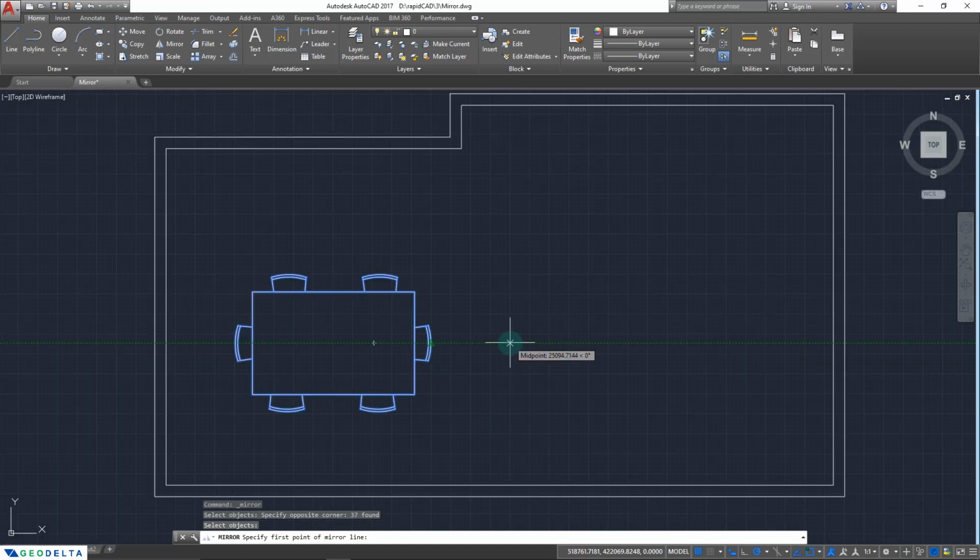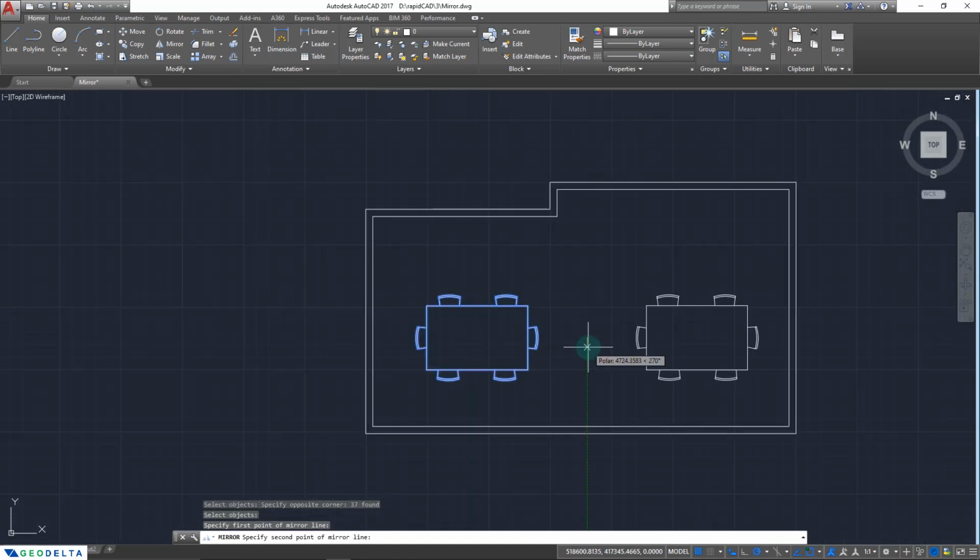And let's say that this is the point that I would like to use as the reference point when I'm creating the mirrored object. So the distance between this reference point and the midpoint of that arch of the chair is going to be exactly the same as the distance between this reference point and the midpoint of this chair as well. So I'm going to go ahead and click over here. And now you can see that the polar tracking gets activated, which I can use as a guide when I'm placing my mirrored object. And let's say if I were to use this 90 degrees guideline to place my object, and if I left click now,